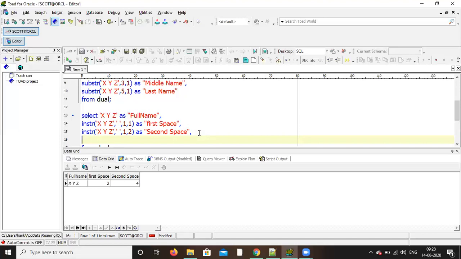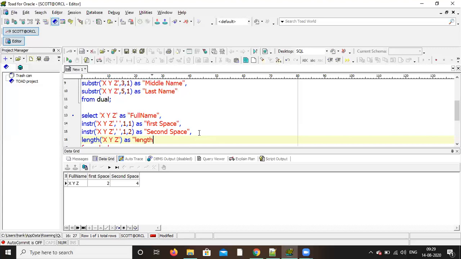Right, length. Within bracket, single quote, x, y, z. Bracket close. Is length of string. So this is the total length.